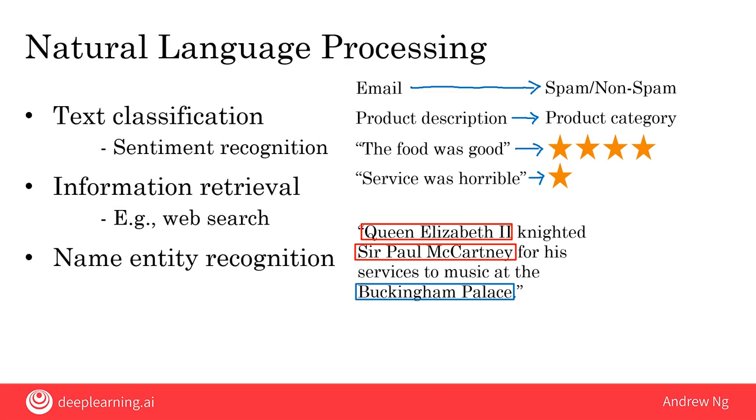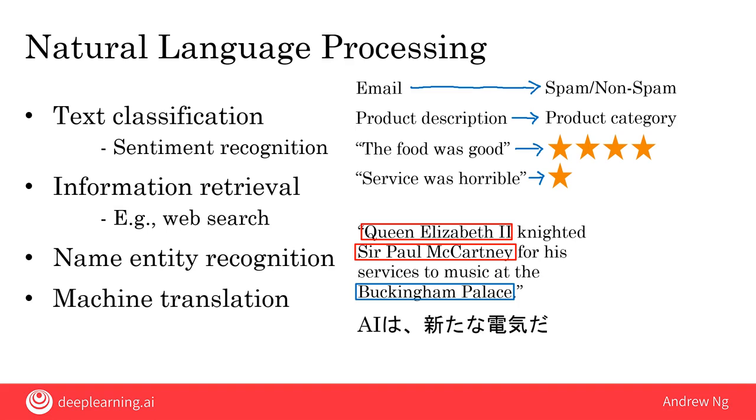Another major AI application area is machine translation. So for example, if you see this sentence in Japanese, AI wa arata na denki da, then hopefully a machine translation system can input that and output the translation. AI is the new electricity. The 4 items on this slide, text classification, information retrieval, named entity recognition, and machine translation, are 4 major categories